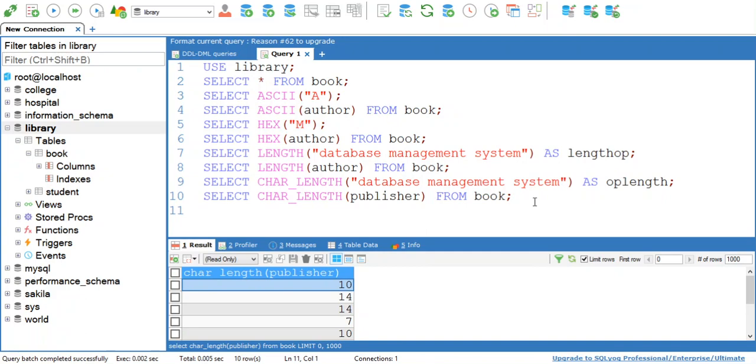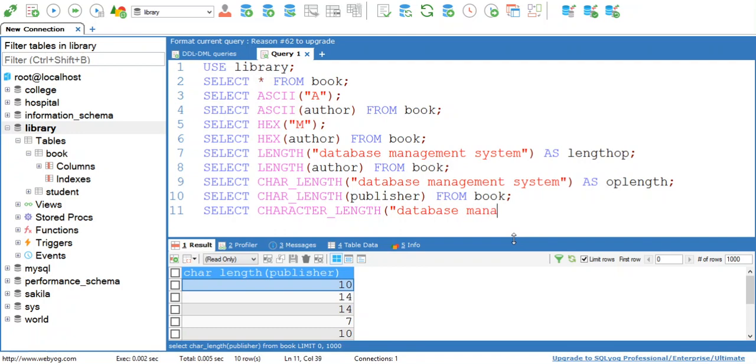Okay, so another function is there which is again used to calculate the length of an input string, that is character length. See, the previous function is char length and now the new function is character length. Character length function is again the same as char length or length function.